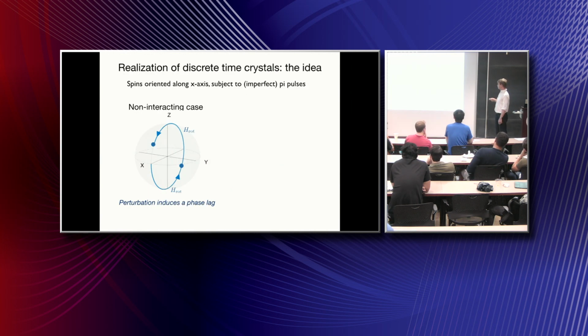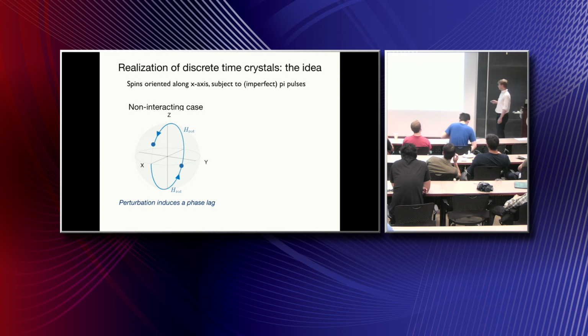So let me demystify this protocol a little bit, and I will do it by using a Bloch sphere. I hope everyone knows what a Bloch sphere is. Otherwise we'll have to restart this lecture from scratch. Is there anyone who doesn't know what a Bloch sphere is? A Bloch sphere is a representation of the two-level system or of the spin.